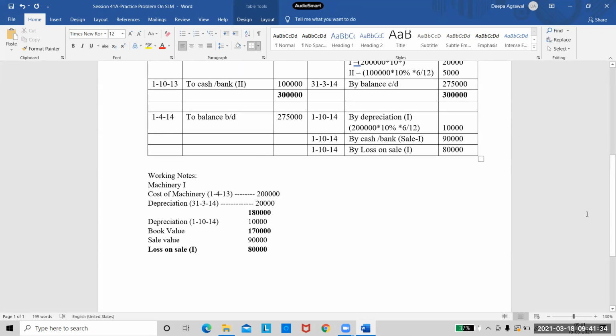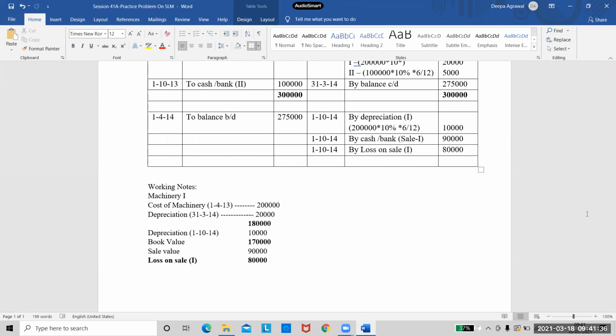Yes. Now what do we do? Is our year completed or is it still left over? We are still left over. We have to provide depreciation on our second machinery. The second machinery is there with us in the business. So that will be done at the end of the year. Now the first machinery we don't have, it's gone. Forget about the first machinery now.